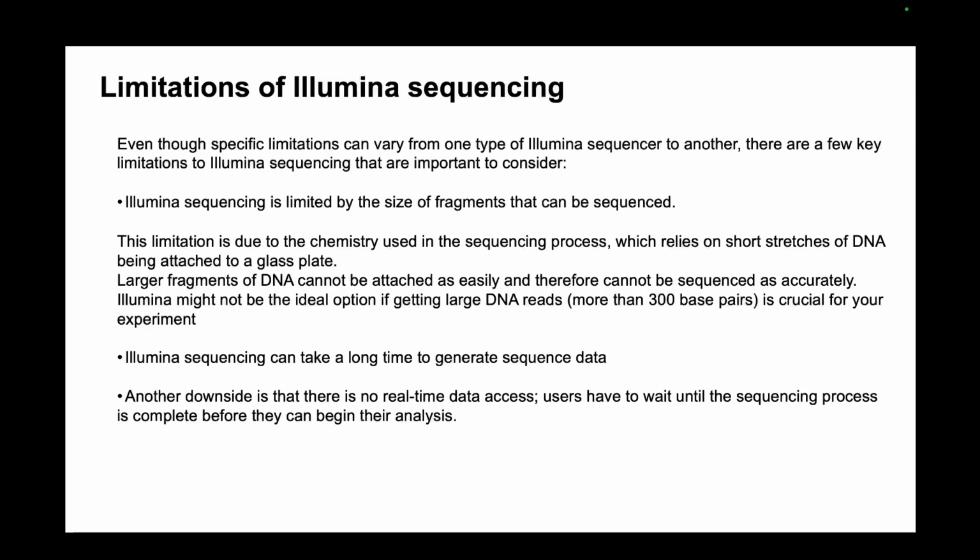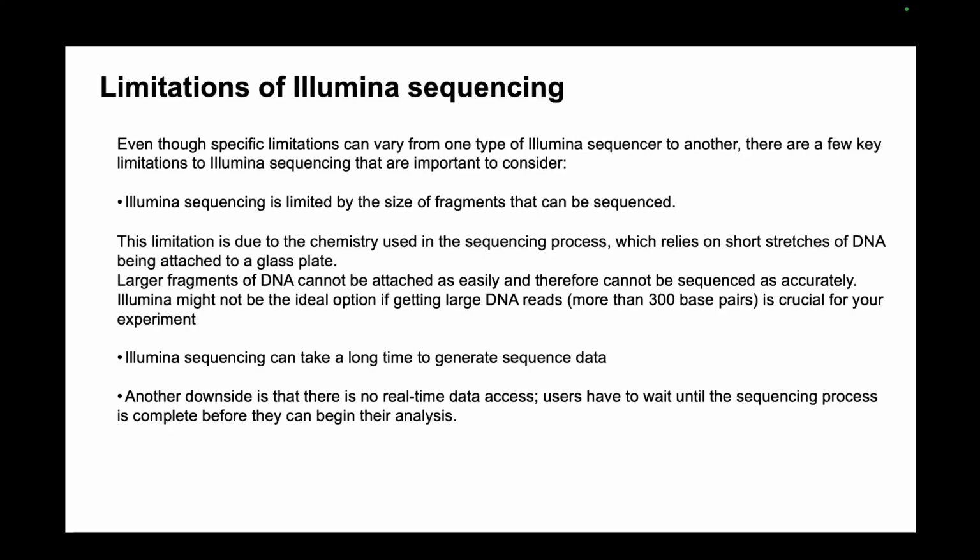Illumina sequencing is limited by the size of the fragments that can be sequenced. The limitation is due to the chemistry used in the sequencing process, which relies on short stretches of DNA being attached to a glass plate. Larger fragments of DNA cannot be attached so easily and therefore cannot be sequenced so accurately. So, if you are getting large DNA reads, which are long reads, more than 300 base pairs, then